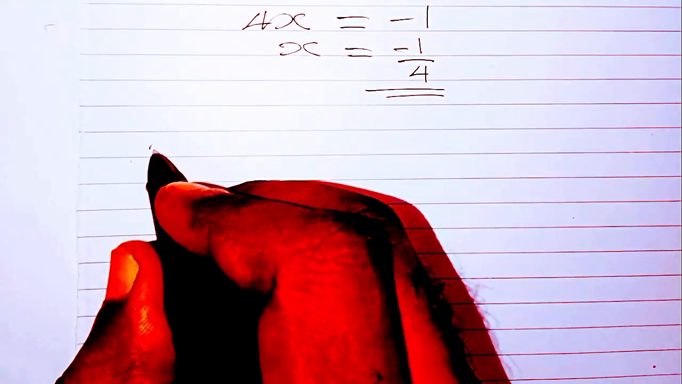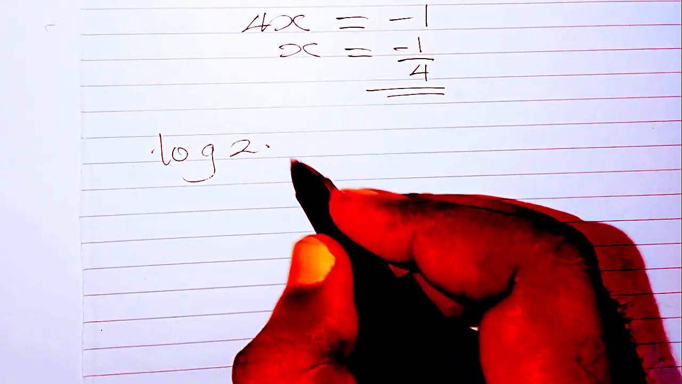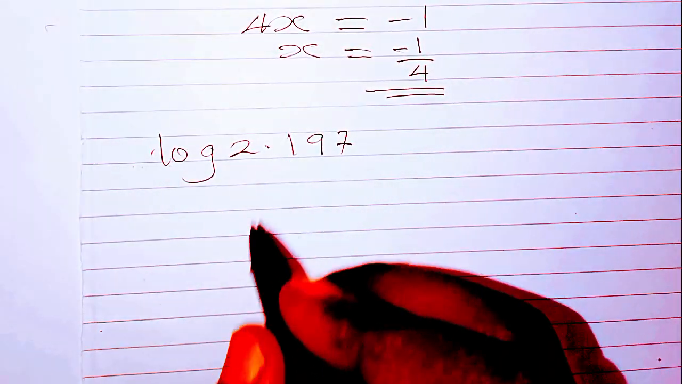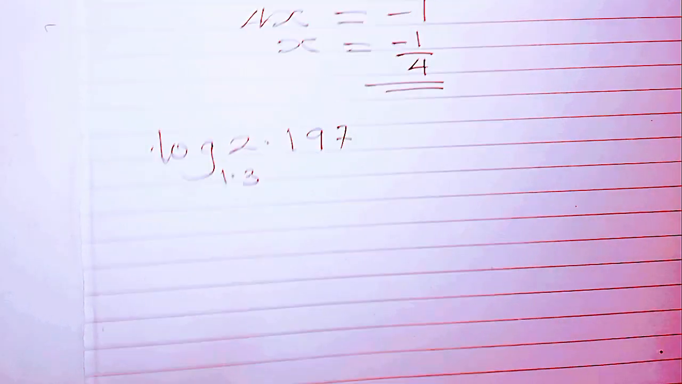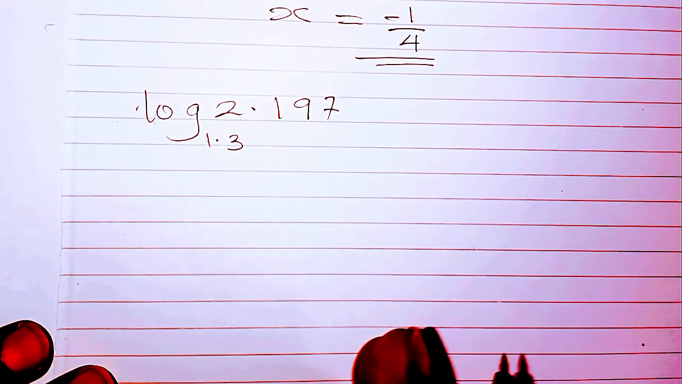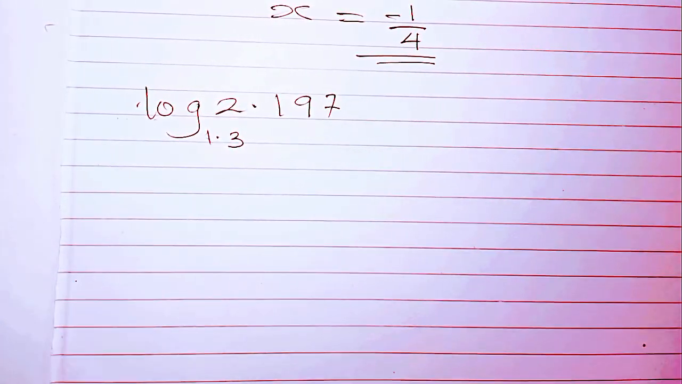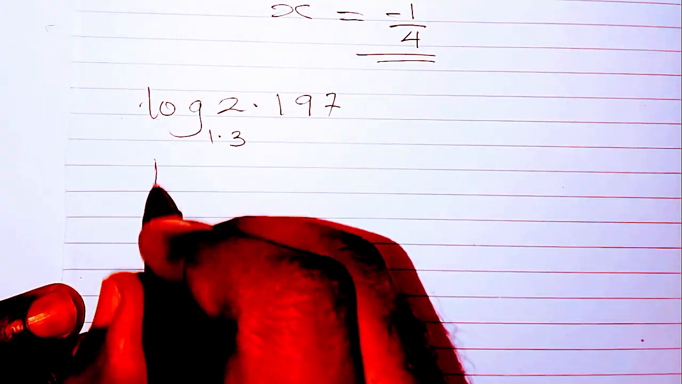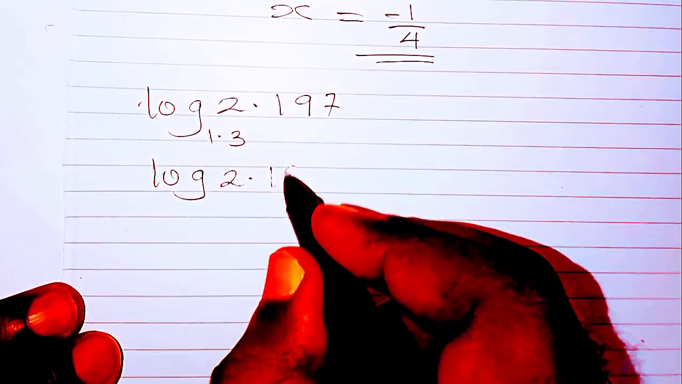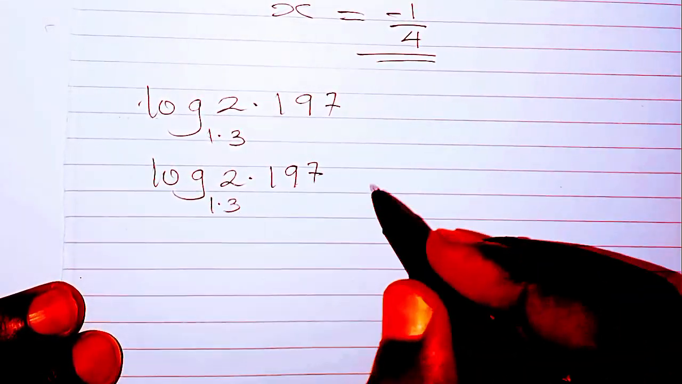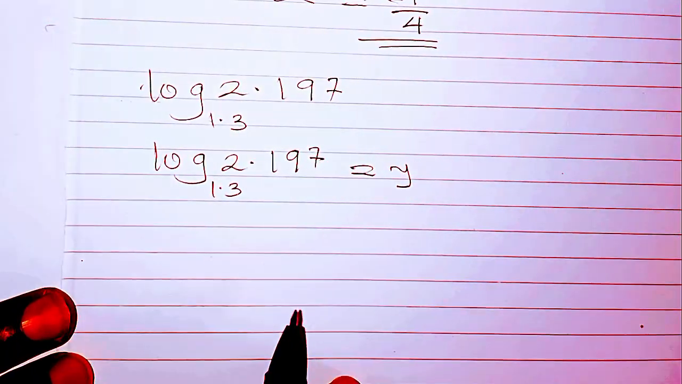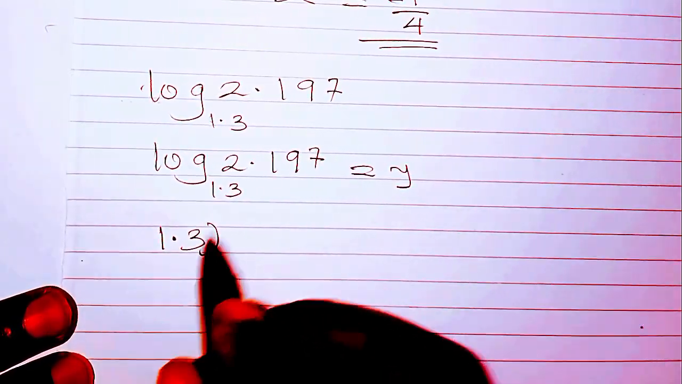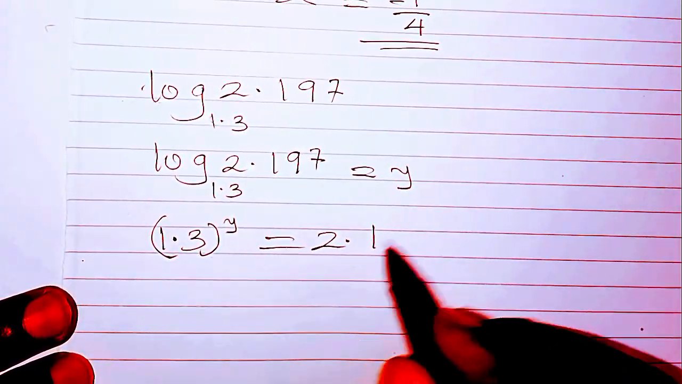Here we have log 2.197 base 1.3. So we're still going to use the same concept, the relationship between the indices and logarithm, that is changing indices to logarithm and logarithm back to indices. Here we can just say let log 2.197 base 1.3 be y. So then changing this to index form, we have 1.3 raised to the power of y equal to